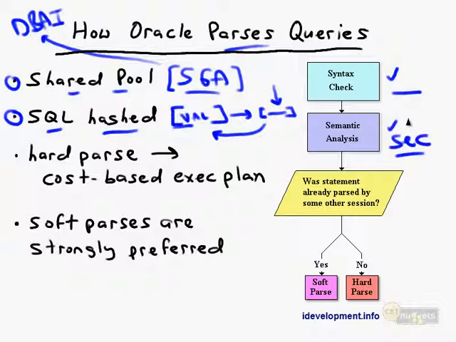Is what the user is trying to do allowed in the table or view? Maybe the user is attempting an update or an insert and has invalid values based on column constraints. That could be captured at the syntax check level as well. Now, if you're thinking to yourself, well, Oracle is doing quite a bit of work here, that's